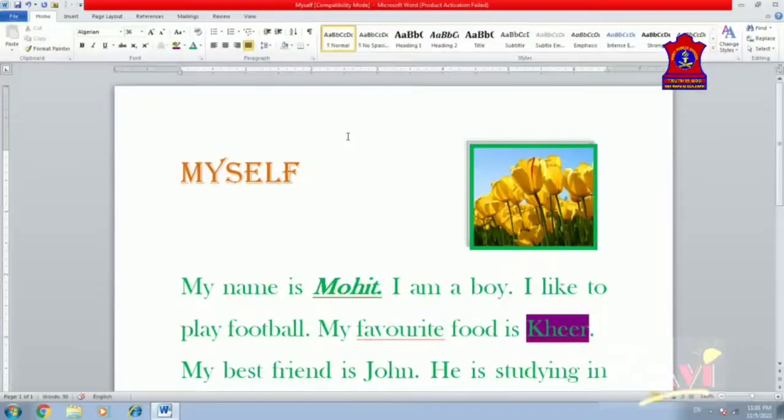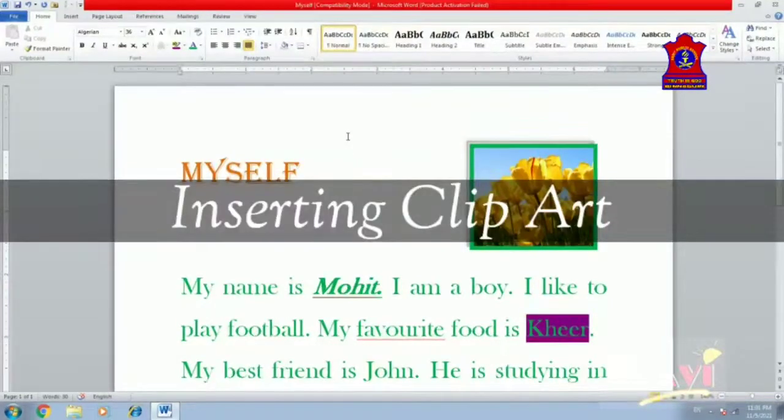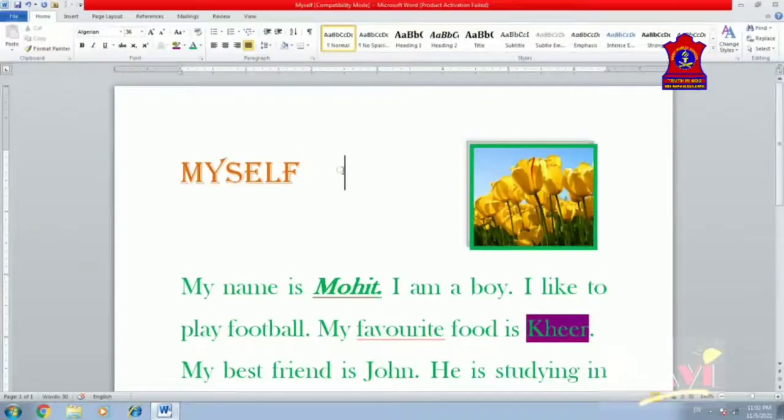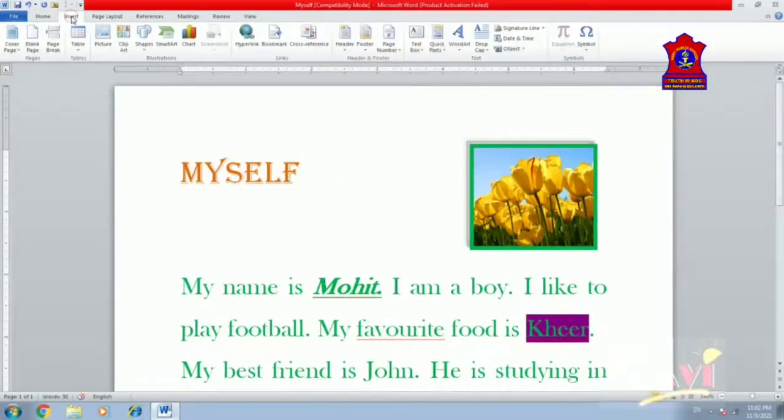Now we are going to learn how to insert clip art. What you need to do, you need to select the location. See here the location is already selected. Now click on insert, and here click on clip art.